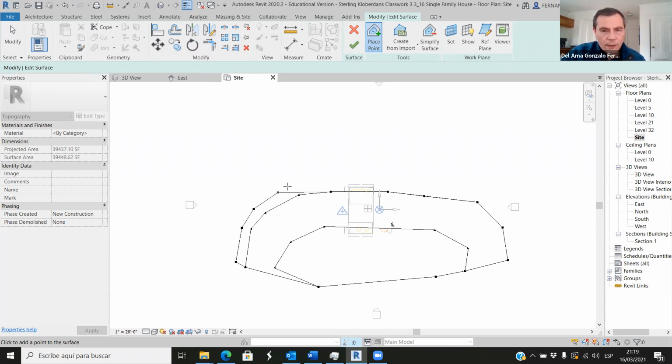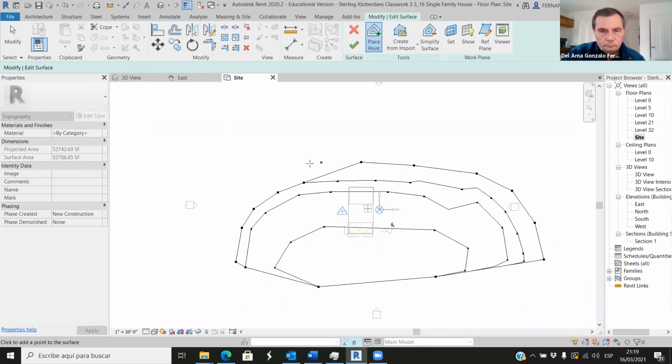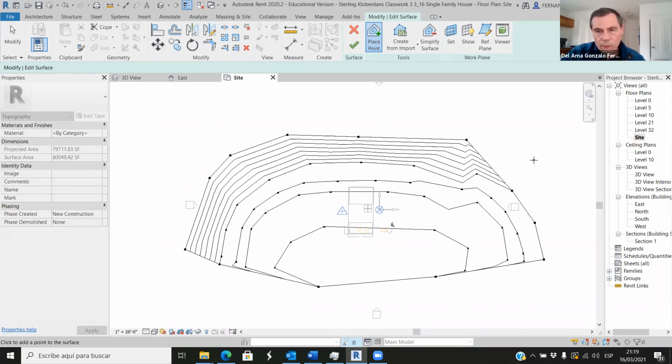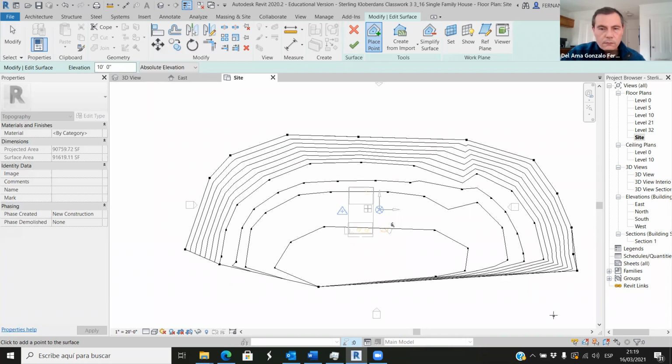I can create lines, and the closer the lines, the steeper the slope. This is something that we have to understand. And then I can go 3. Do I have to go one by one? No, I can type here 10. And now you see that we have more contour lines, because by default, if you're using imperial units, the distance between 2 lines will be 1 foot. So we click finish,